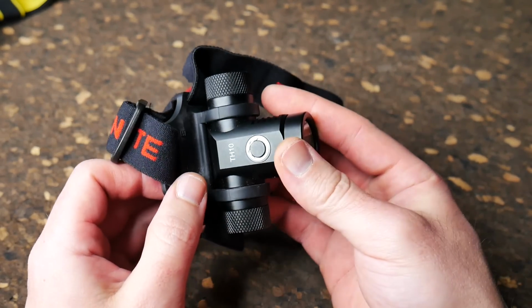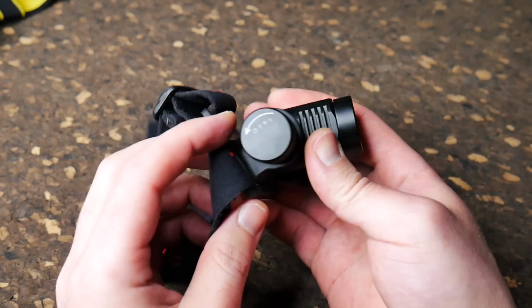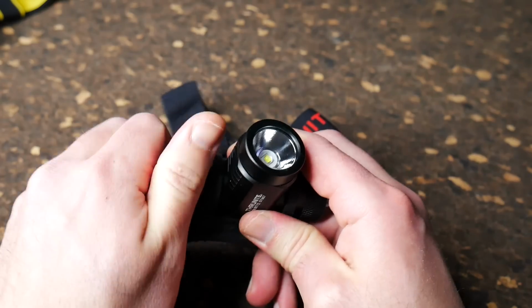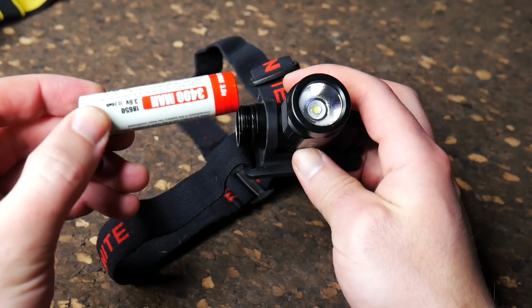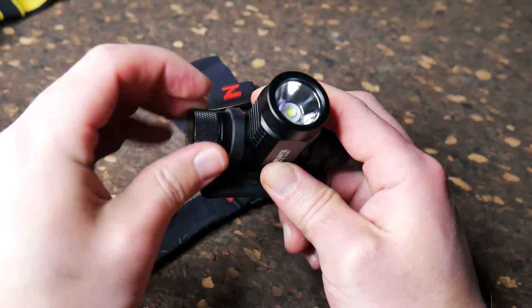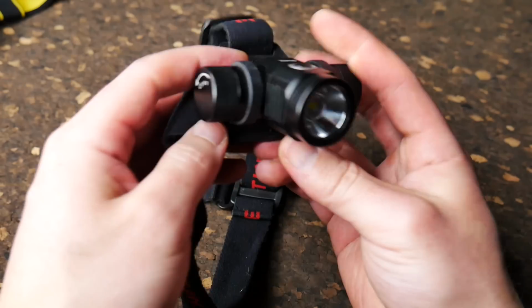This and the Armytek are both impact and water resistant, maybe waterproof even. I mean, they're both really solid headlamps. This is also powered by a rechargeable 18650, or you could use a couple CR123s instead. So I like that. Like I just mentioned about the other light, I like 18650 batteries and lights that use